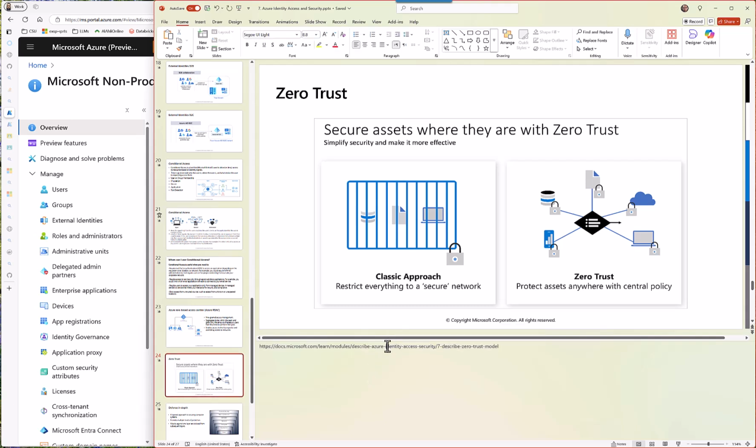Then you come to zero trust. In zero trust, we said you have a centrally managed system, and you are basically controlling everything with a central policy, right? Everything is shut down, closed by default. You're opening up only as needed to the person who is required. You are not opening up for everyone, right? Each person who is authorized will be given access, minimum access as possible as required, nothing more. This is the idea of zero trust, right? Make sure you go over this one.